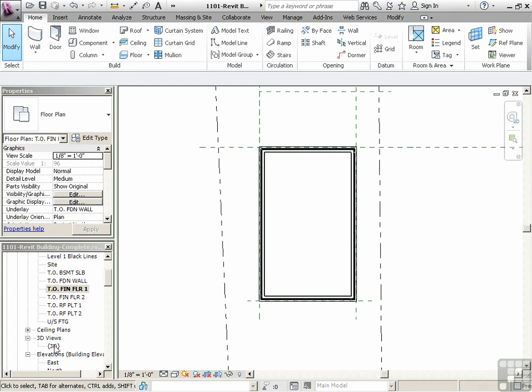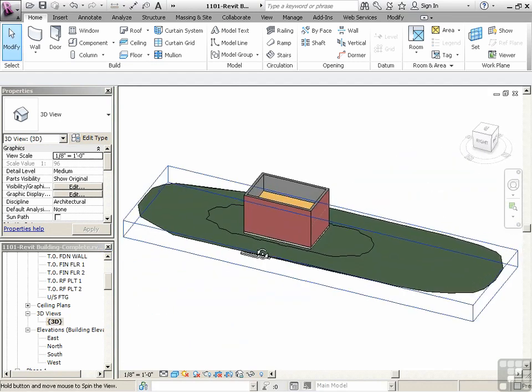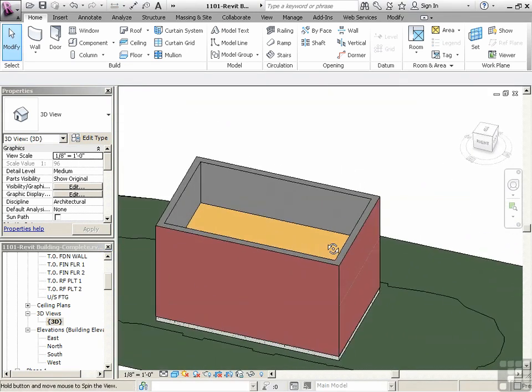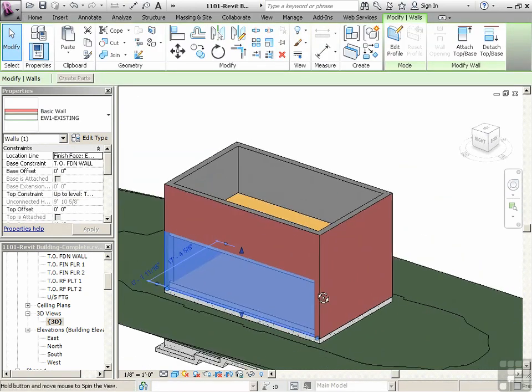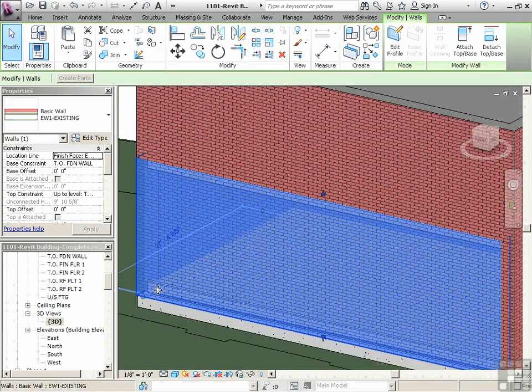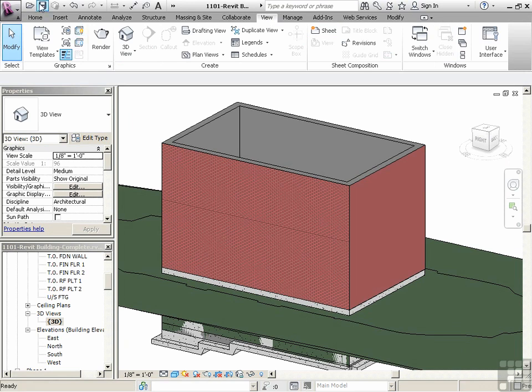Okay, let's go into a 3D view, and that's an existing 3D view. And there we go. So we've got our floor there. The floor is also on the bottom. If we just click on that wall, we can see it. It's right inside there. Good. So we have our basic floors in. We can save what we've done, close it in Windows, save,